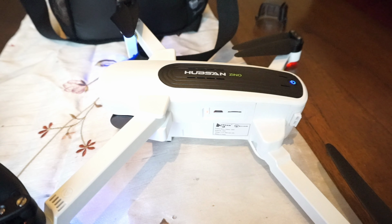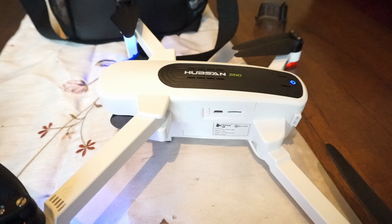This is how you get a Zino with a shoulder bag, how it's all packed. You also can get, I got 2 sets of propellers, and I use a standard USB lead so I can connect it to the computer to either transfer the data from the memory card onto the laptop, or you can take the memory card out, put it in your phone, copy it that way, and then you can do the upgrade features. I haven't done any upgrades with mine as yet, and I'm debating still, like how it flies,